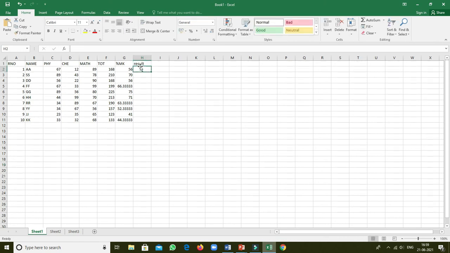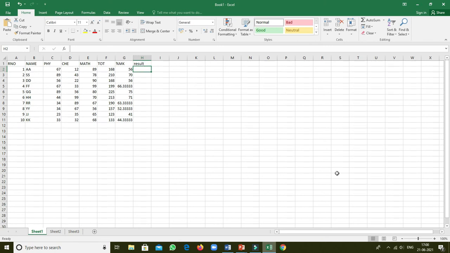So here I am using the if function, because if it is 10 records, no problem, you are manually able to count, but if you have 10 lakh records, then it's very difficult to count. So better to find out with a function. You have to develop a function a single time, depending upon your logic, and after that you only have to use it. So now see, my condition is: if percentage mark is greater than 60, then pass, otherwise fail.